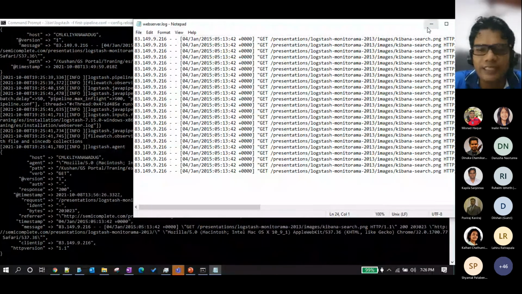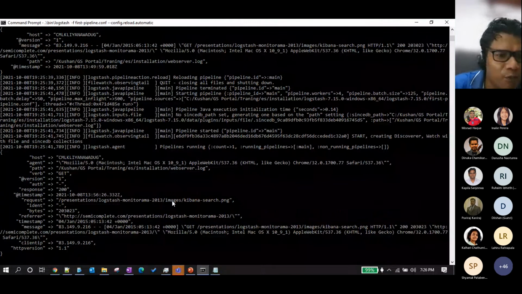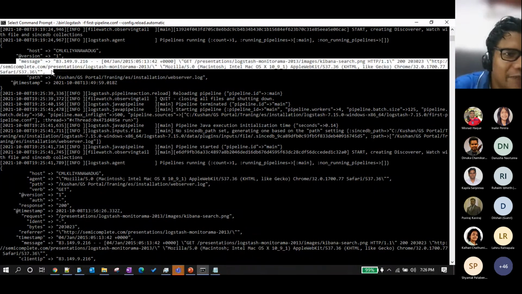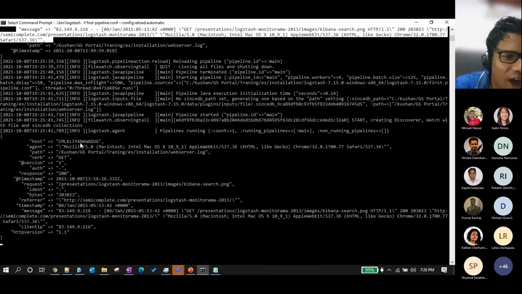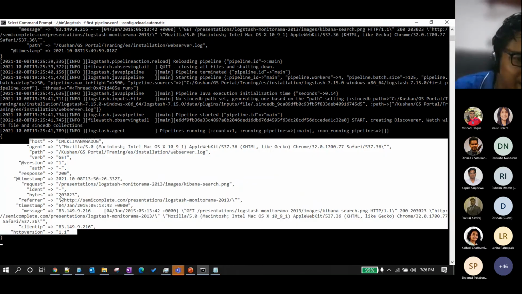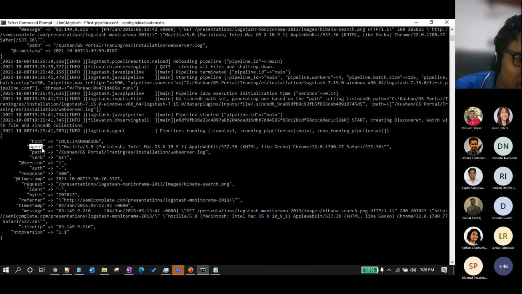Now you guys can see that it has been broken into chunks, right? Previously you can see that the message was displayed as a message, everything in one single line. But now it is in a very usable format. I have filtered it. Now if I send this as output into Elasticsearch, this will be saved as one document, and this we can get as a field, or the key value pair.